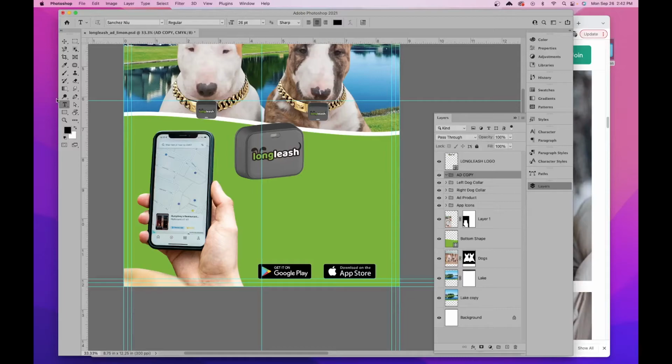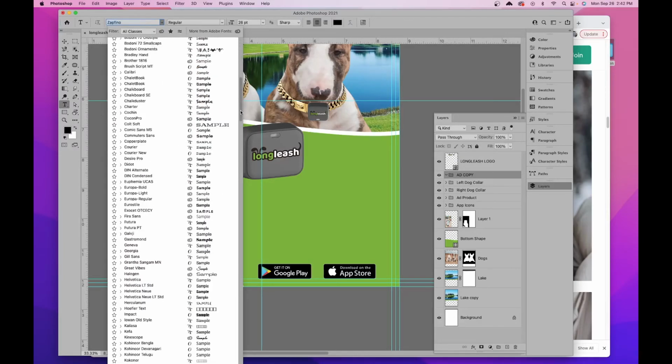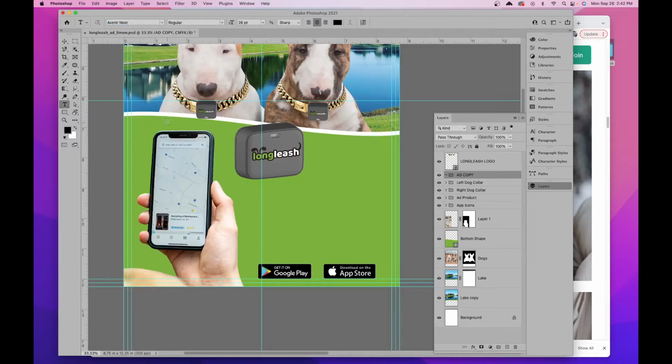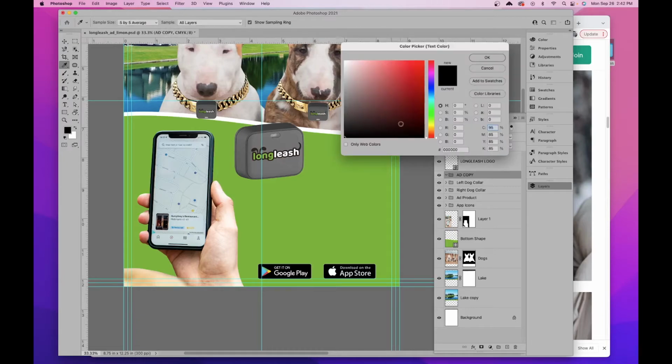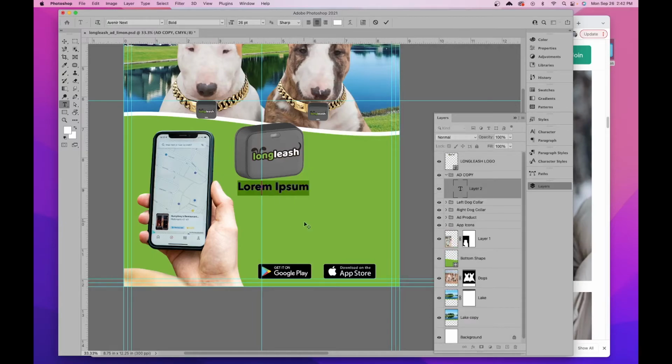After that, I'm going to click on my type tool and choose a font. On this computer, pretty much the only good fonts I have are the ATC ones. So let's choose one of those. Let's see, I actually do have Avenir. That's a pretty good one. I'm going to choose bold, and I'm going to change it to white. So now I'm going to click. My font point size is 26, and I'm going to start typing